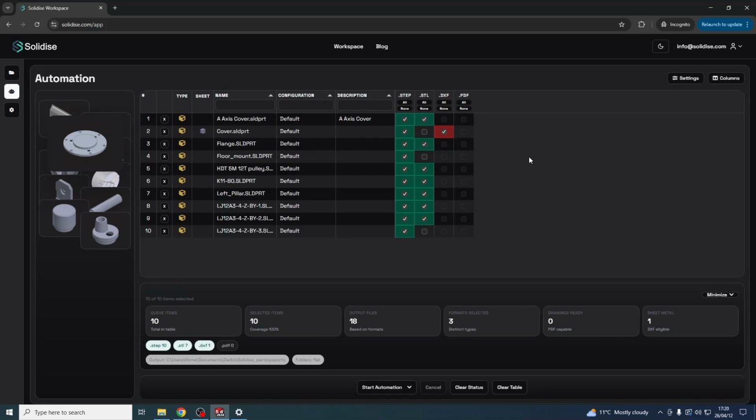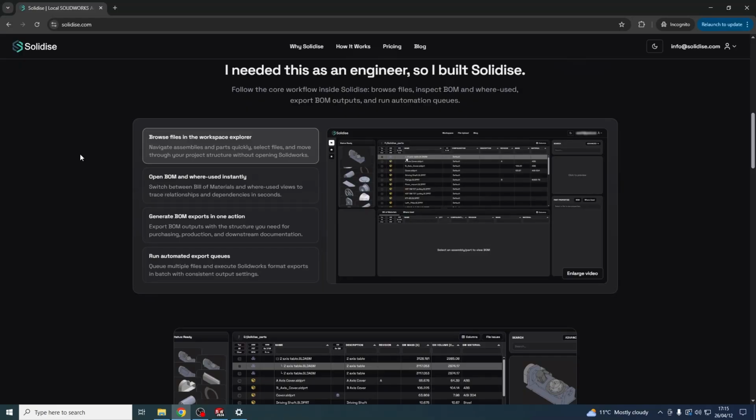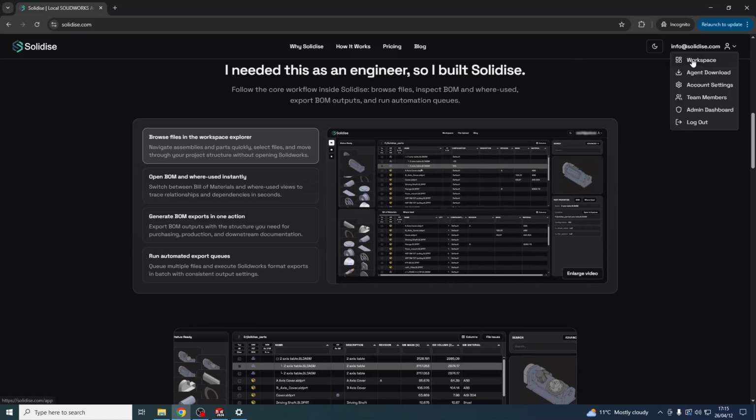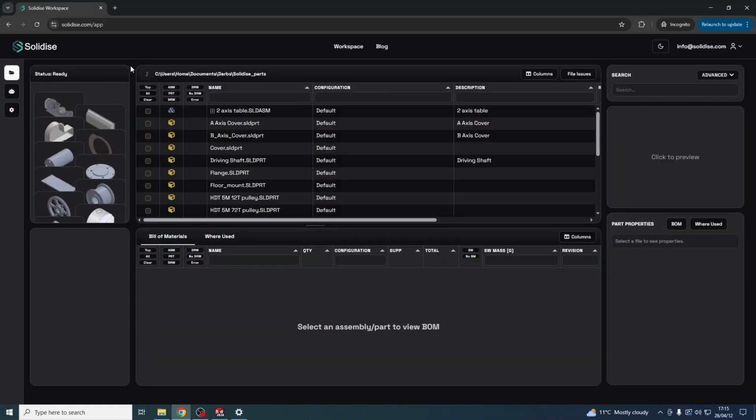You can follow the progress as the automation runs and see what finishes successfully. If this kind of export work is part of your day, let me show you the full process. Starting from the Solidise website, I'll jump into the workspace. That is where the actual work happens, browsing and searching files, exporting bills of materials to Excel, setting up automations,